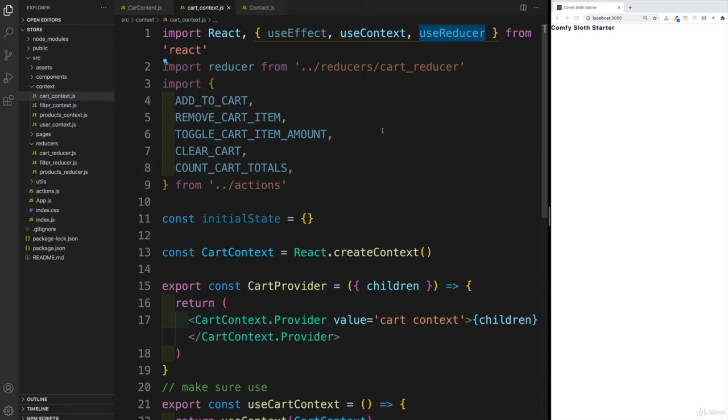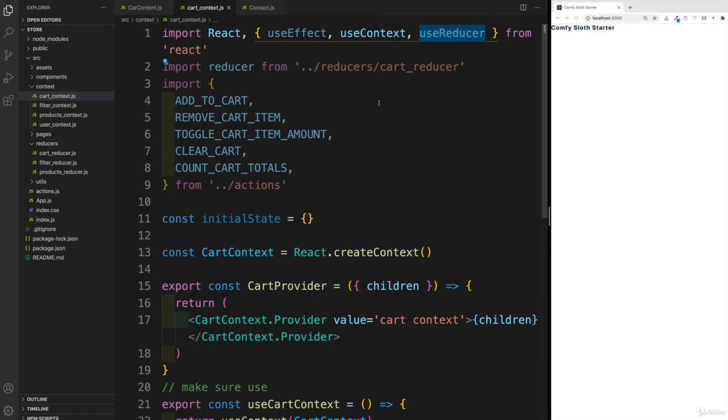Now, if you're familiar with Redux, you know that there's a store and usually there's multiple reducers. Now, with useReducer, it's somewhat of a pain to have that kind of setup. So instead, we're going to have multiple contexts. Like I said, we have one for cart, one for filter, one for products, and one for user. And also, I would want to mention that technically, we could have set up one global context and then only one reducer. Now, what you need to understand, though, is that this global context would be giant because, of course, we have all this functionality in here. And the same would be for the reducer. That's why I split them up, because in my opinion, it is much easier to navigate around the project if you have separated the concerns.